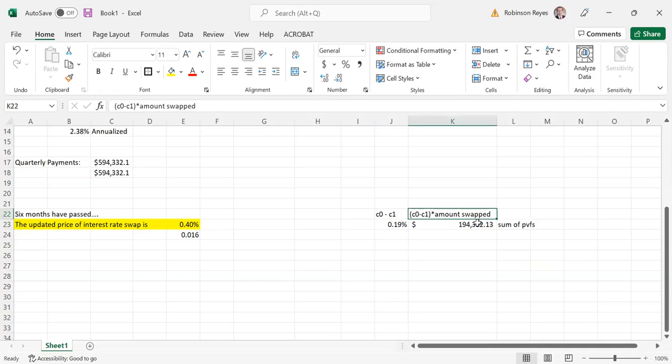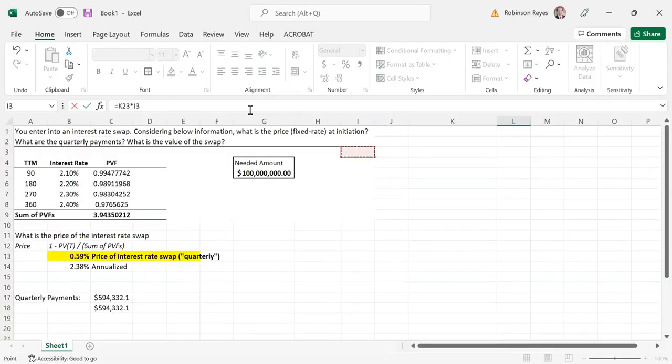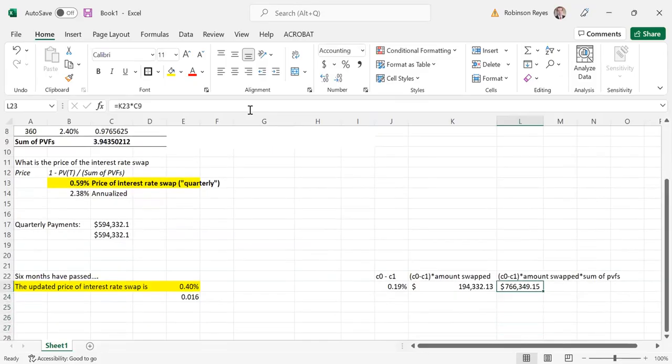So now let me take this formula, and I'm going to say that we are going to multiply this by the sum of present value factors. And that is our final formula that we have. There we go. That is the final formula we have. So if we do that, we multiply this by this sum of present value factors, then we have